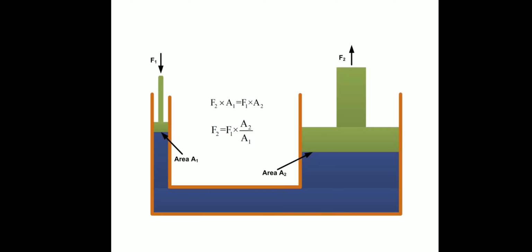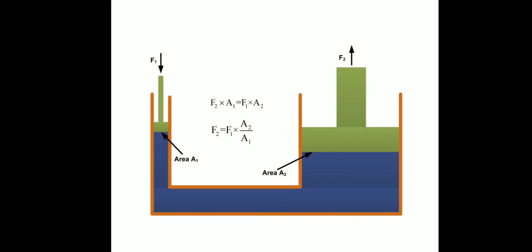Now, this diagram will give you Pascal's law. Here we have two pistons, one small piston and another large piston. On the small piston end, force F1 is acting; that force F1 is the input force, and F2 is the output force. In between F1 and F2 we are using a hydraulic system. So whatever you give as F1, that small input will be transferred to F2 by using the hydraulic fluid, liquid or gas, that is, a fluid. So the small force F1 will be converted into the large force F2.